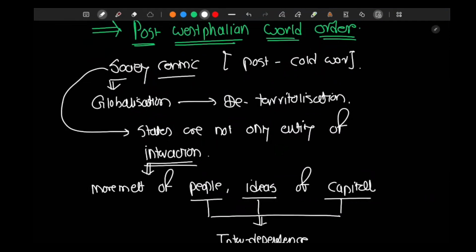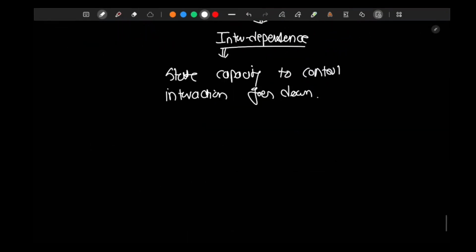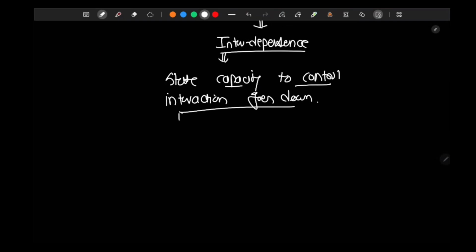I have a relative who is settled in the USA, who has a Chinese spouse. Now three nations are involved here. Out of three nations, who was able to stop that marriage? None. This is what the post-Westphalian world order wants to say, that the world order becomes society-centric. The state's capacity to interact and to stop interaction goes down, right? The state's capacity to control interaction goes down,